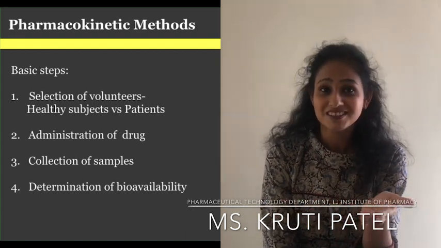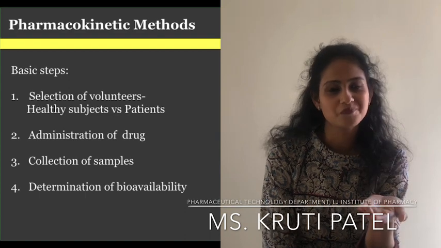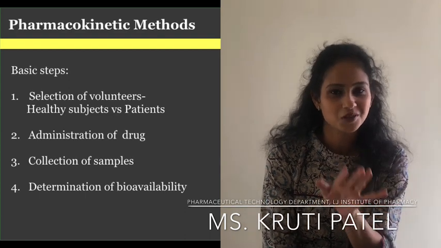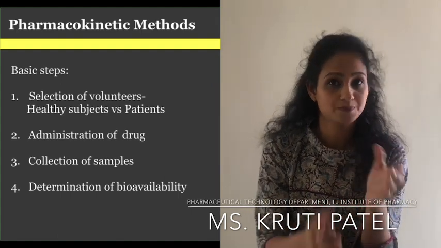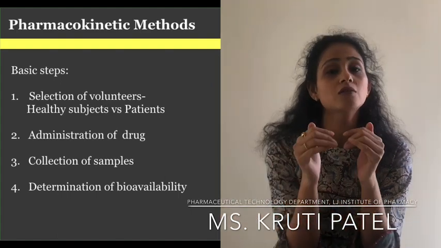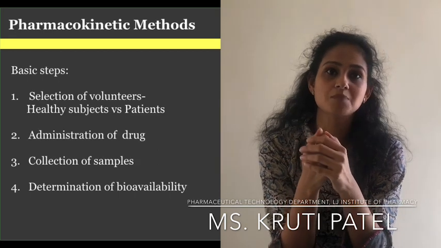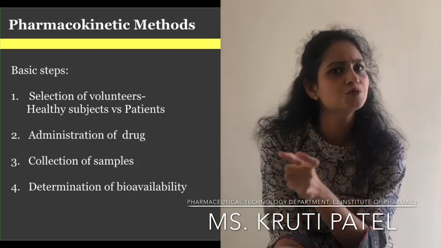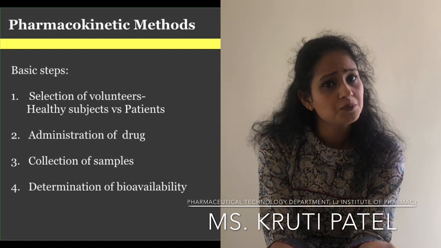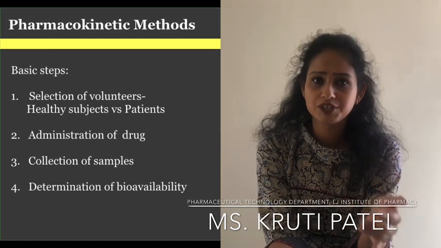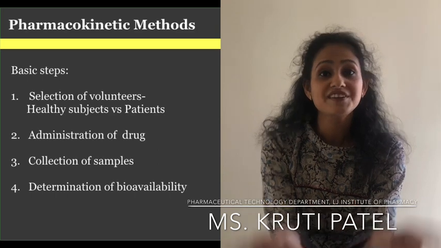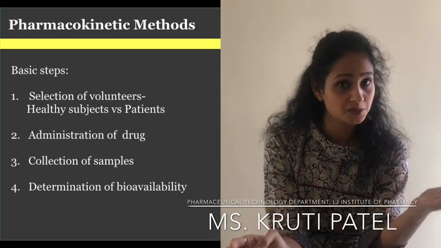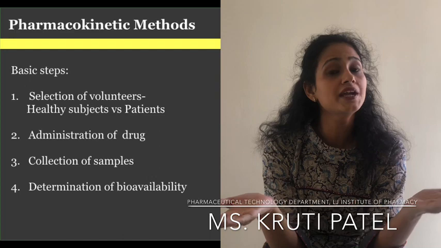It is not so easy. This sounds very easy in steps, but it is not so. This is just a brief. Okay, so this is how the method goes on. So now in this method, the question comes. I mentioned that we have to choose people, right? So what kind of people do we need to choose? Either we need to go for patients or we need to go for healthy humans. Here a very difficult question comes: either patient or healthy human volunteers.